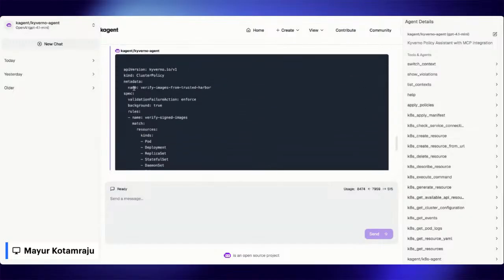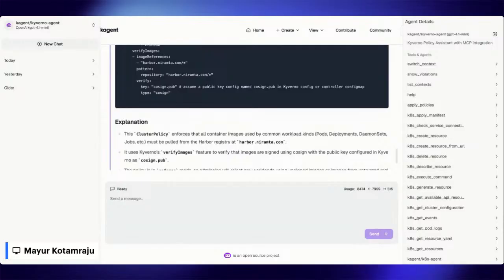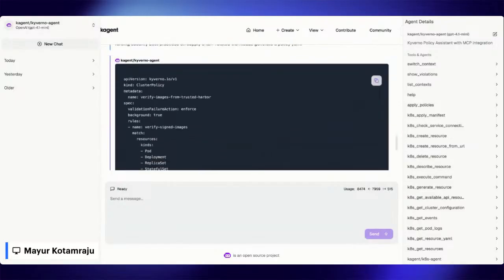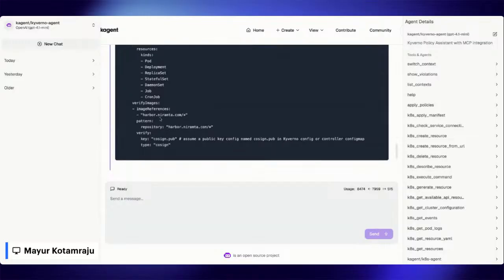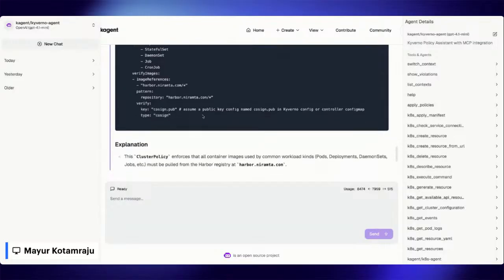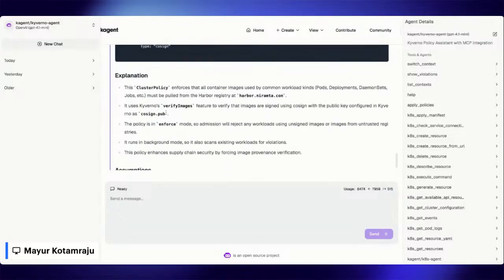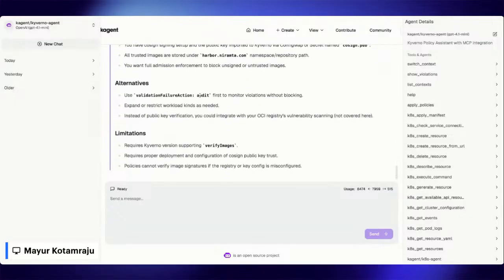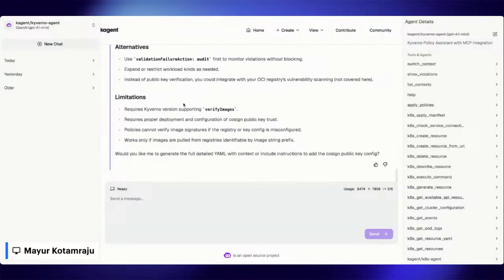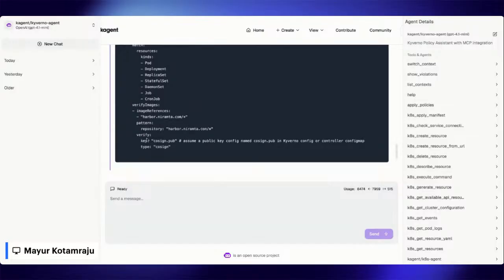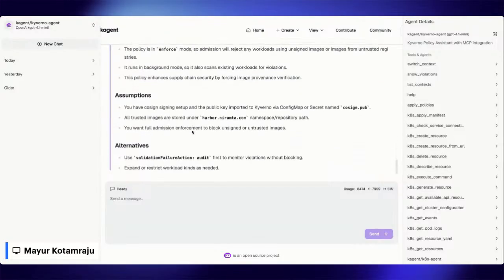Cool. So it called the agent, gave me the policy, and again, as we just saw with the team label, gives me a clear explanation. So here you can see that it gives me the resources, the image registry, even gives me a placeholder on where I want to put my public key, and gives me a clear explanation of how this works, any alternatives. For example, it's giving me a suggestion here to audit, and then gives me some limitations. So this is more of a complex use case, and we're able to simply get it to a point where, I think of it as Copilot, in some of these complex cases, it gets you to 95% of where you want to get. And in this case, all you have to do is put in your public key and then deploy it, right?